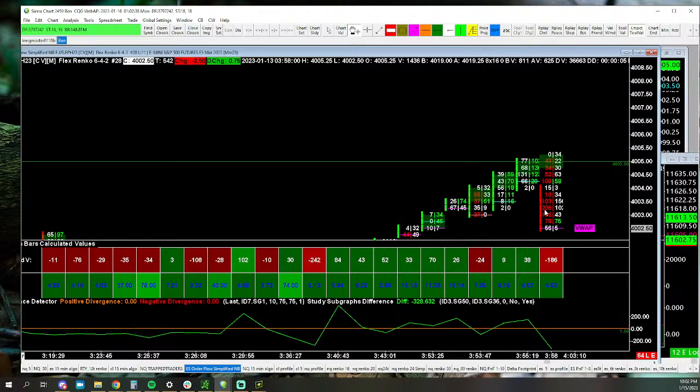Look at how all of the sellers are piling on as we break down below these areas where they had no market buyers before, right? These zeros indicate that no one market bought down there. So the market naturally wants to go down and see what happens. And what you want to happen if you're a buyer is you want buyers to support there. Well, they tried, right? We had a 156, a 102, but look at sellers. They're getting bigger and bigger and bigger as we go down until right here where someone tried to save it, right? But that's potentially a very big problem.